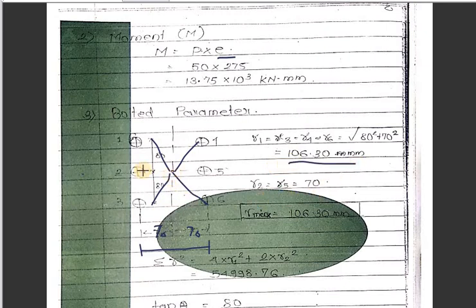What about R2 and R5? So we have to find out this distance. It is along the same line. That means this distance is the 70 distance, so no need to apply the Pythagoras theorem. It is directly a straight distance. So R2 and R5 are at the same distance, that is 70.